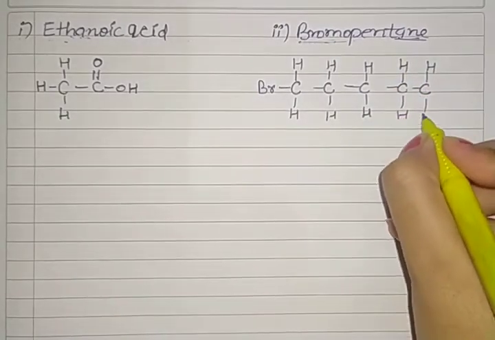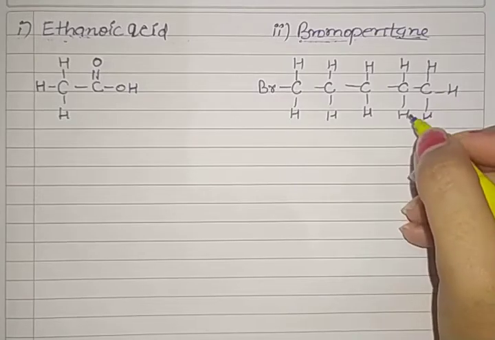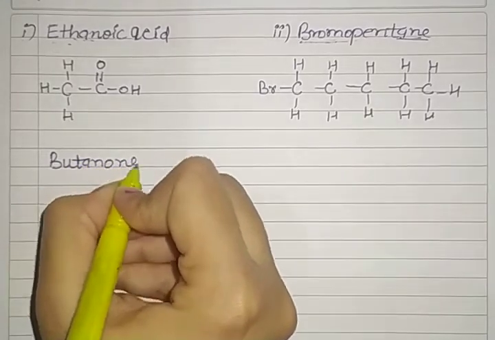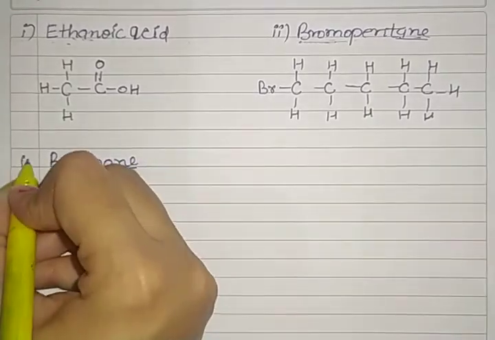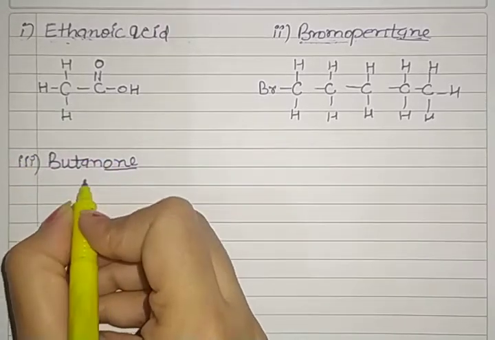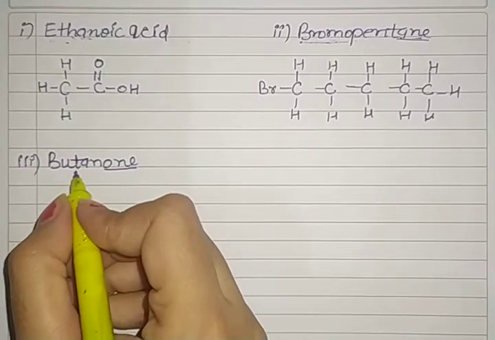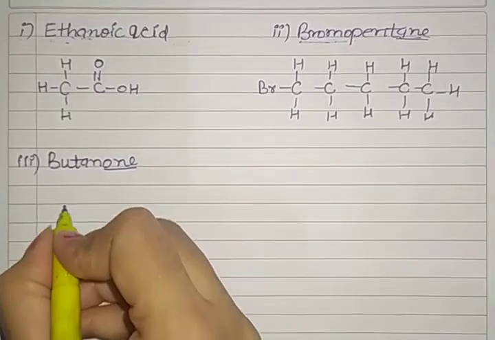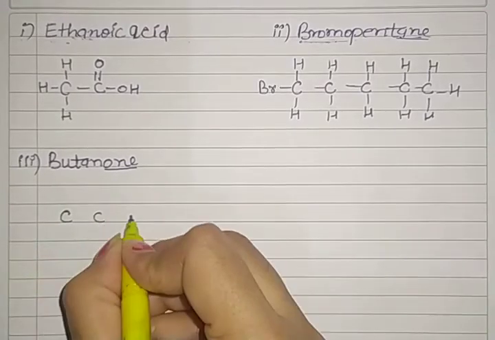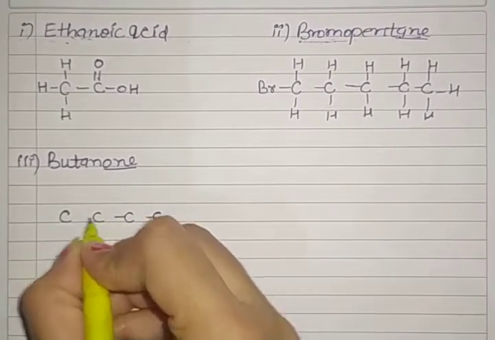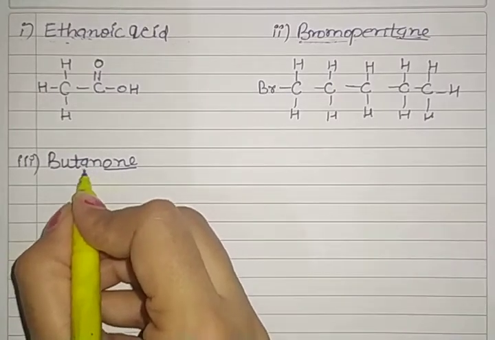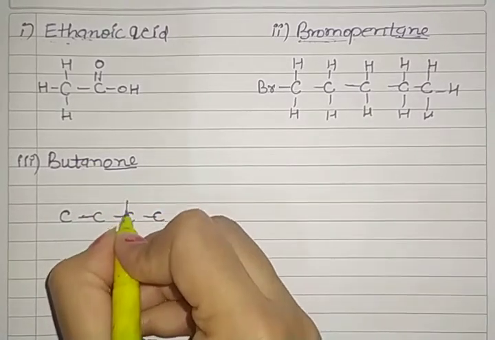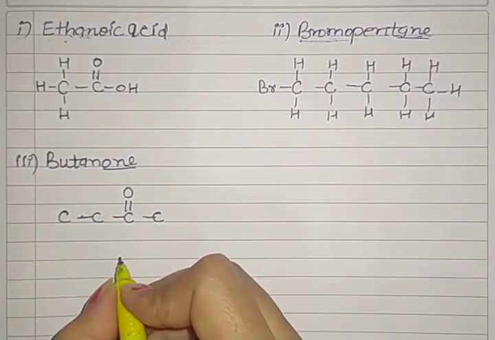Clear? Similarly, if we take one more example, that is butanone. Now in butanone, at the end there is one, which means this is an example of a ketone. For ketone, what are we writing? For ketone we write C double bond O. So for but, we first write 1, 2, 3 and 4 carbons. After that, what do we have to do? Here is ane, a single bond, that is why I am writing single bonds. Next is one, which means at one carbon there is a double bond O.